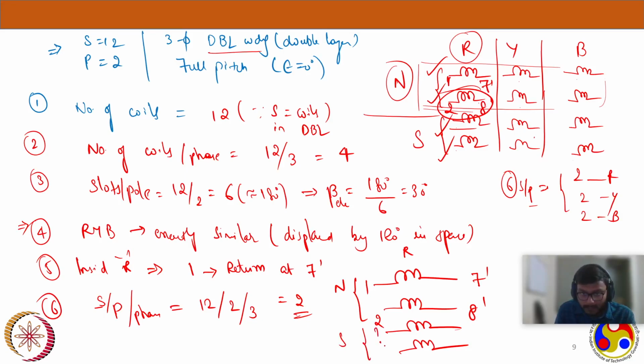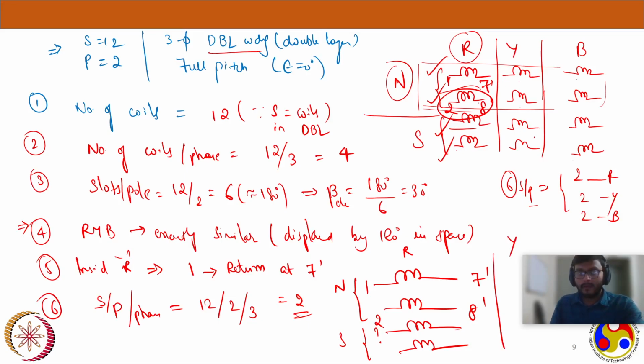Now what is this number? To find this number, there is a very simple logic. North pole and south pole, we know that they are 180 degrees displaced. That is the coil span. Our poles are distributed 180 degrees. And one more thing, within phase,